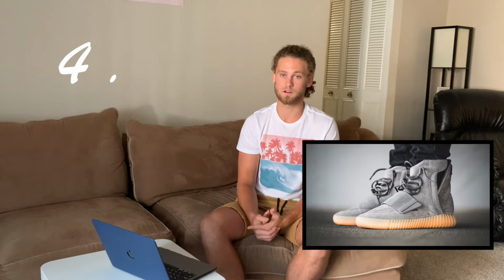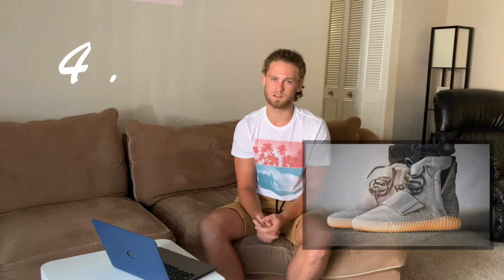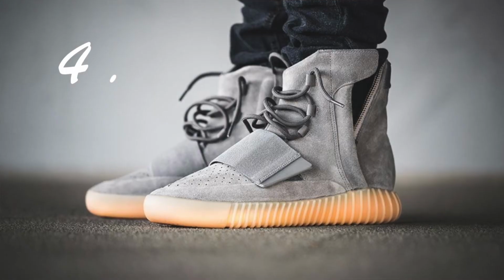At number 4, we have the Yeezy 750 Gray Gums. To me, these are the best Yeezys that have dropped. I know there's a bunch of 350s that you could probably argue are better. The Belugas, Zebra ones are pretty cool. I had a pair of blue tints a while ago that were a gift, but I ended up selling them for kind of cheap. But